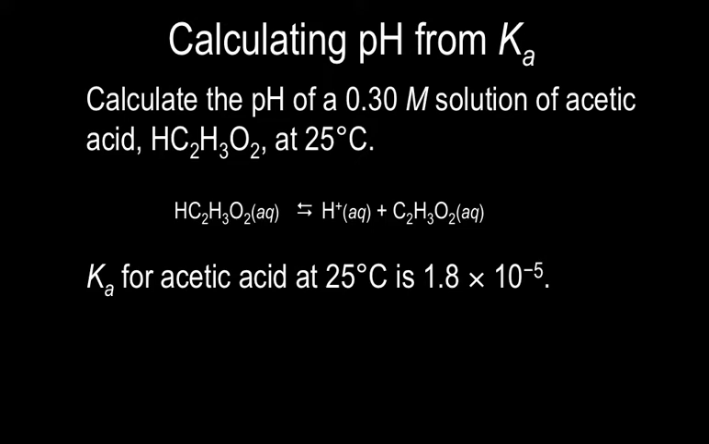What they have to give you, though, is a Ka for this situation. So if they want you to calculate the pH and they don't give you any of those equilibrium values, they have to give you the Ka. In this case, they tell us the Ka for acetic acid is 1.8 times 10 to the